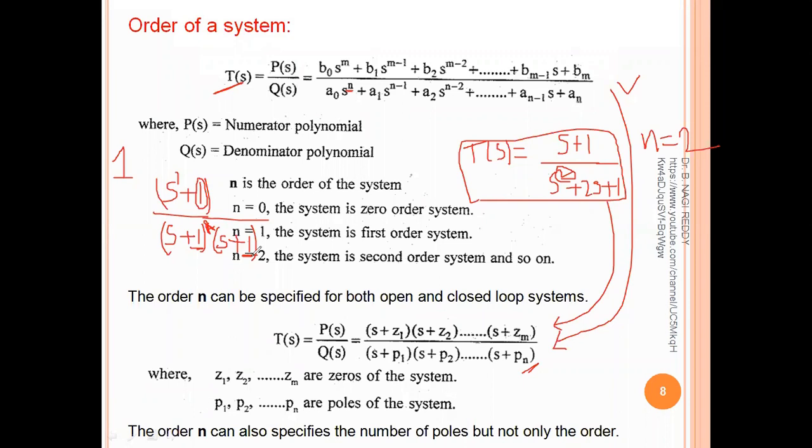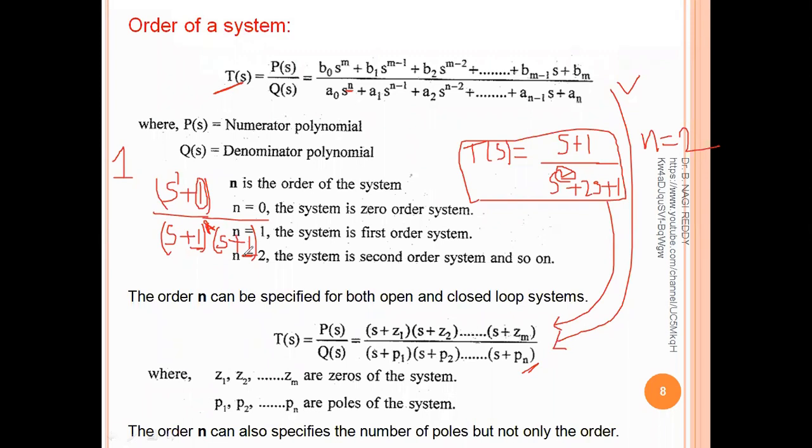Sir, what is the relation between determining the poles, zeros, transfer function, and stability of the control system? You said that the stability of the control system can be determined with the help of the transfer function. Then why is the concept of zeros and poles coming? The stability can be estimated from the transfer function with the help of zeros and poles only. The placement of zeros and poles in the s domain determines the stability of the system.